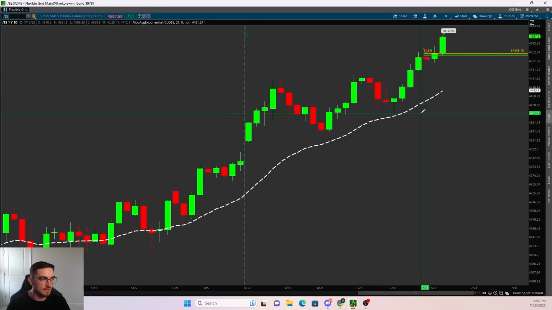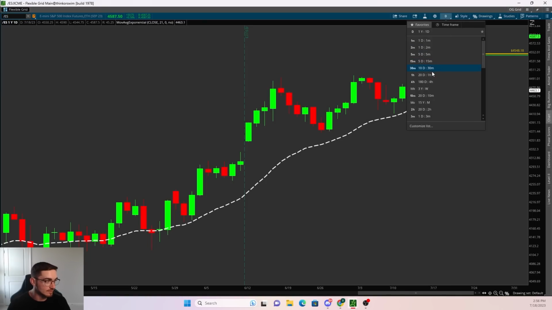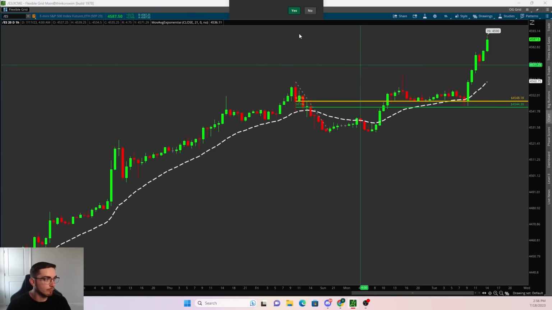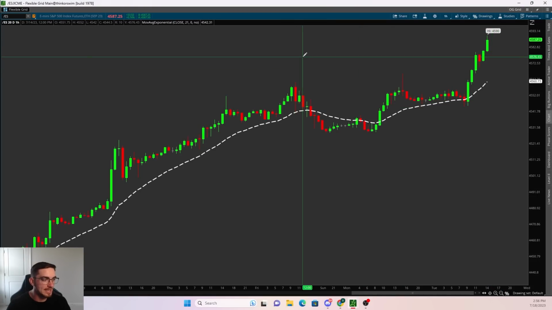Now, as you can see on this screen right here, the only thing that I have on is going to be my 21 EMA. This is going to be a very important level for me when doing my analysis. I like to use the daily 21 EMA as a possible bounce or reject zone on the daily or the hourly time frame. Those are the only time frames that I will use it on as far as doing my analysis. So the main things that I like to look for when trading ES or SPY is going to be